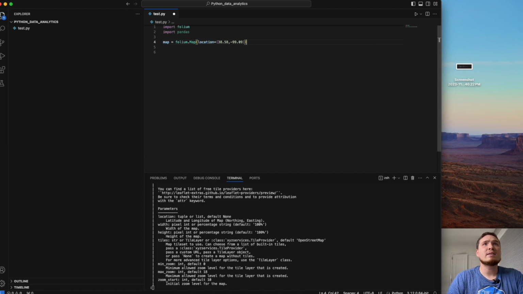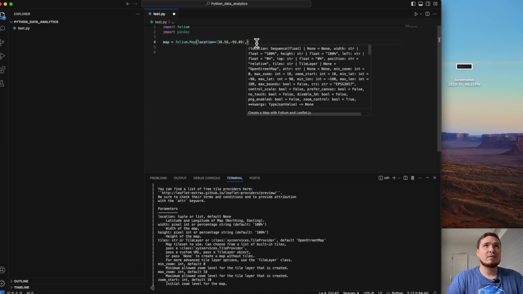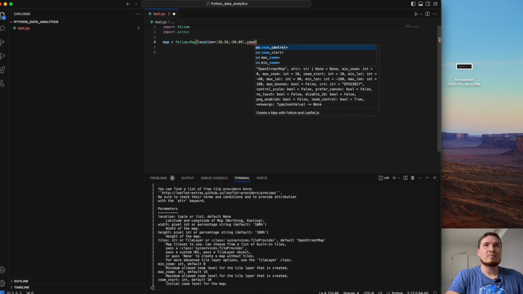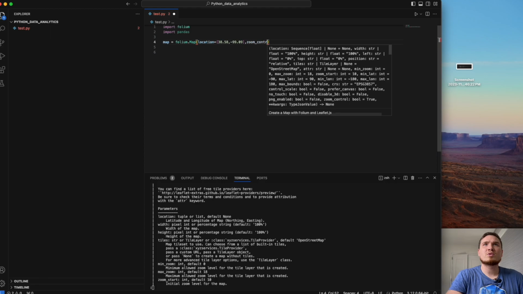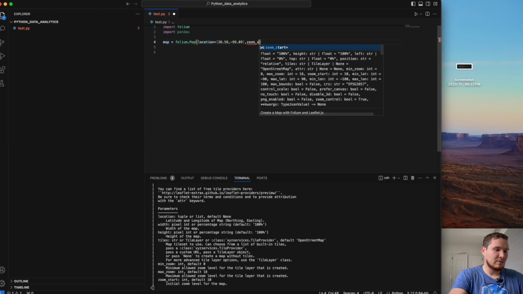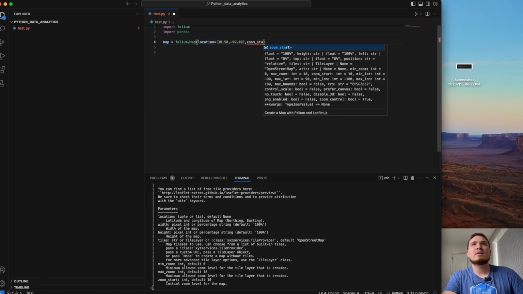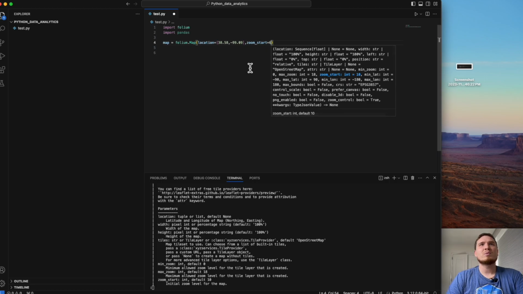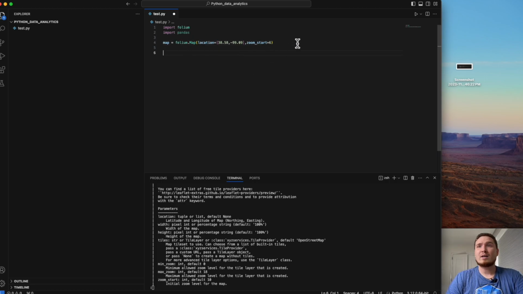And let's say the zoom of this map, zoom_start, let's say 6. It's like how big it will be here. You can make it smaller if you want. So yes, we have created our map now.